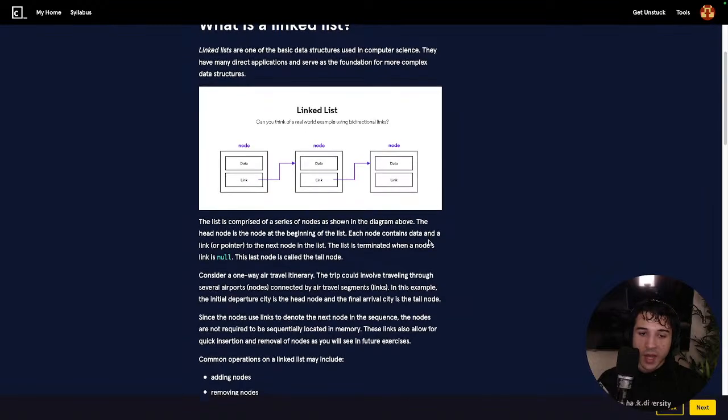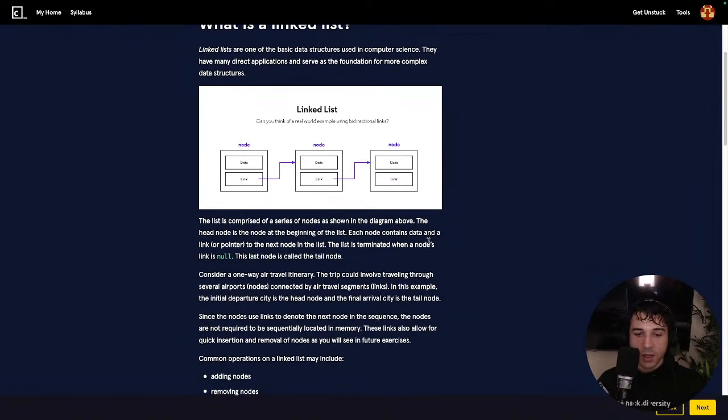Consider a one-way air travel itinerary. The trip could involve traveling through several airports or nodes connected by air travel segments, links. In this example, the initial departure city is the head node, and the final arrival city, after a little layover, you finally get to the final arrival city, that's the tail node. Since the nodes use links to denote the next node in the sequence, the nodes are not required to be sequentially